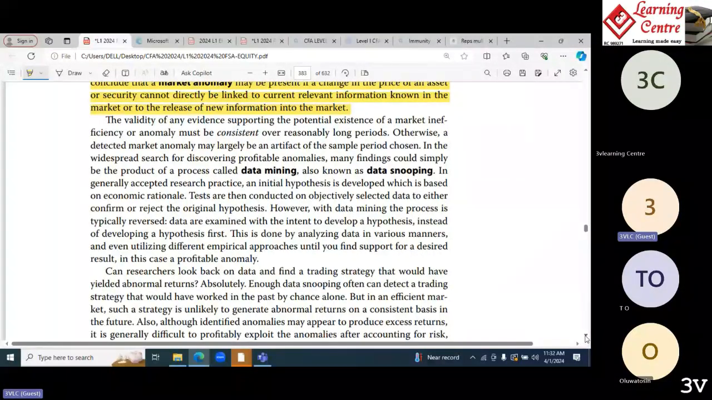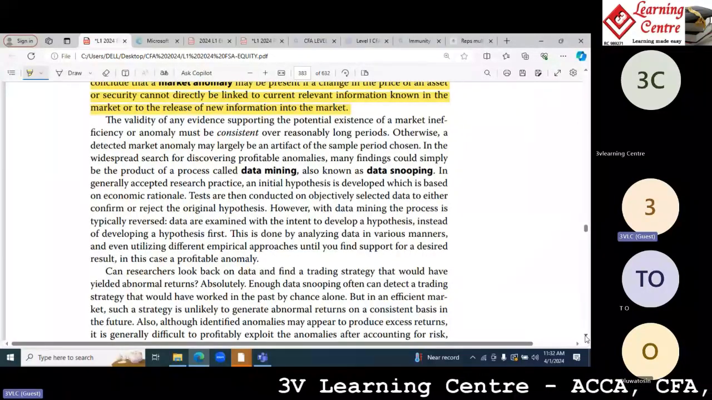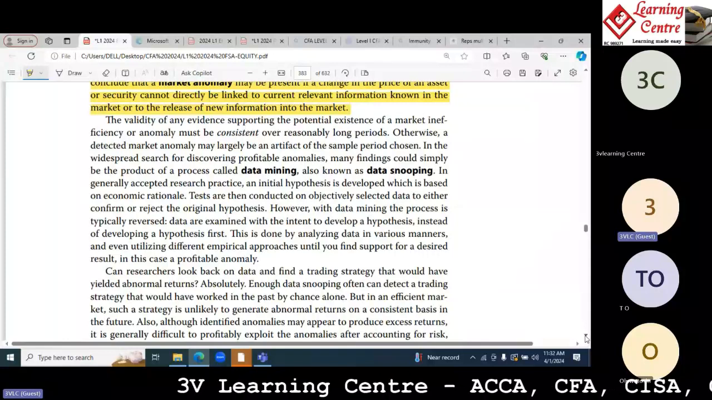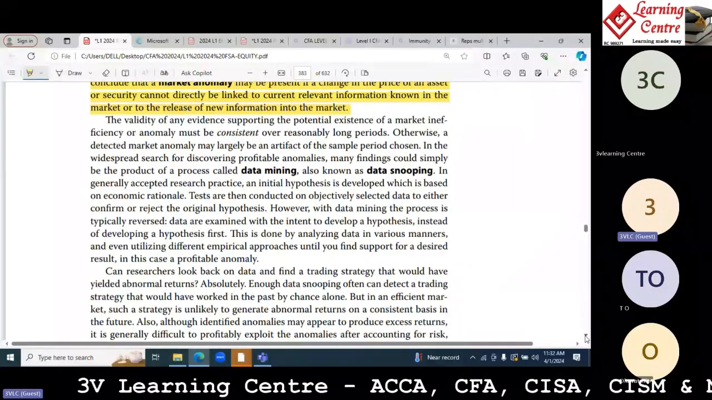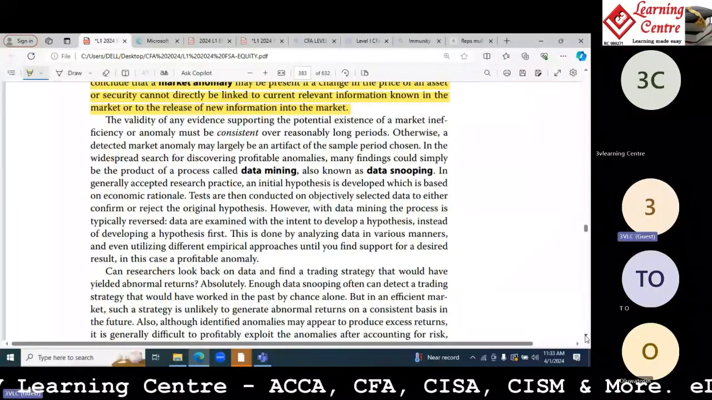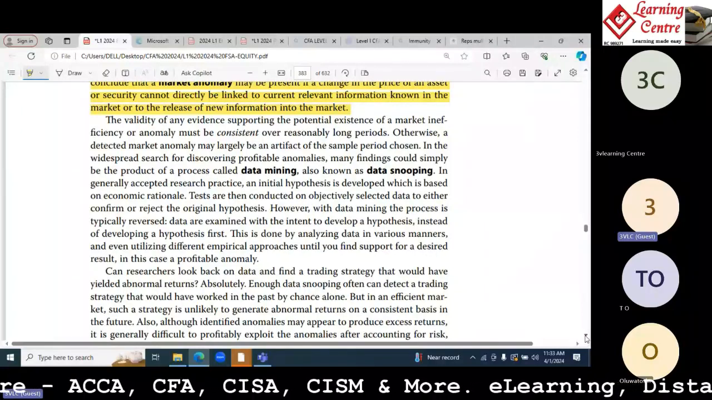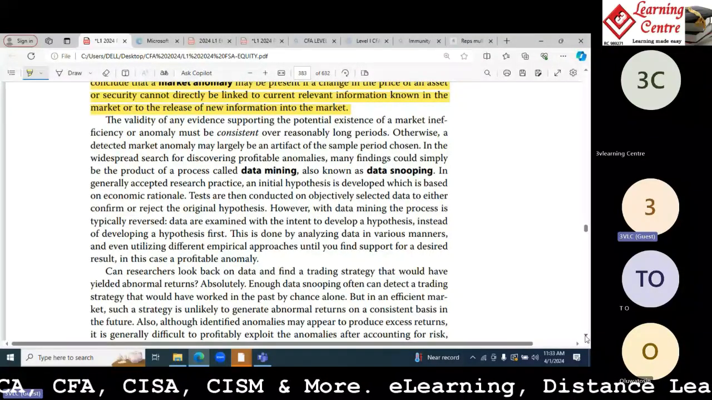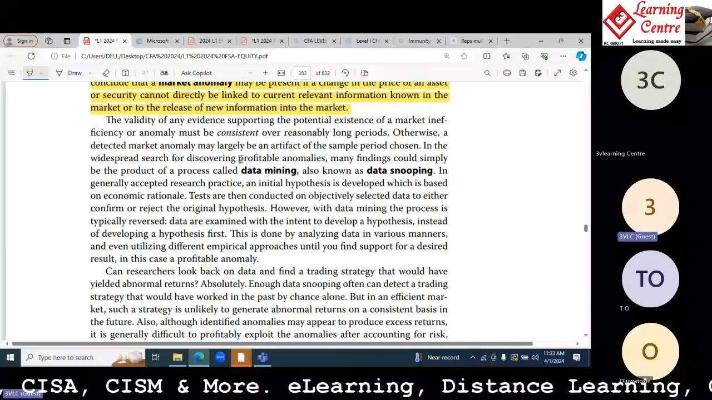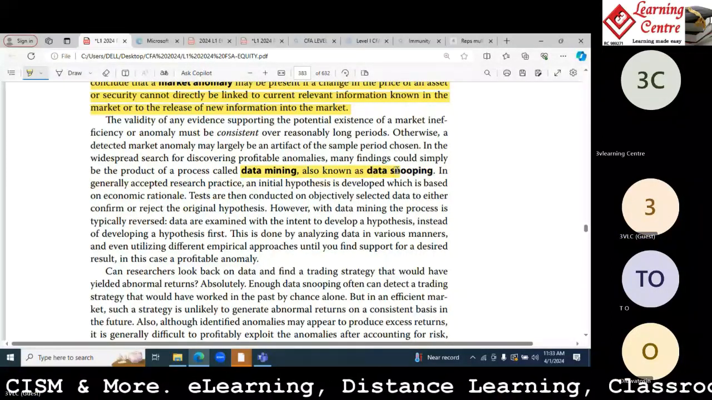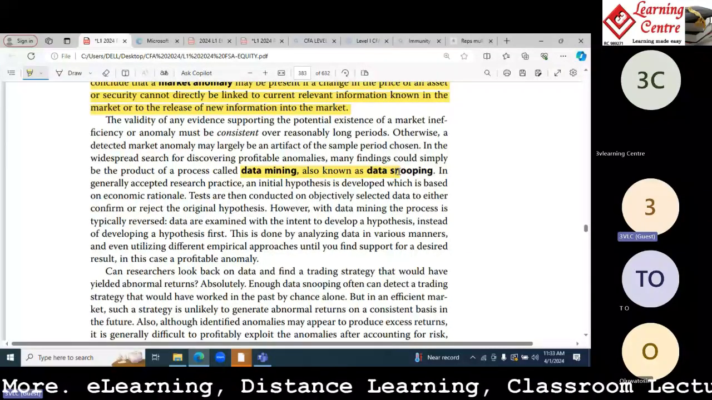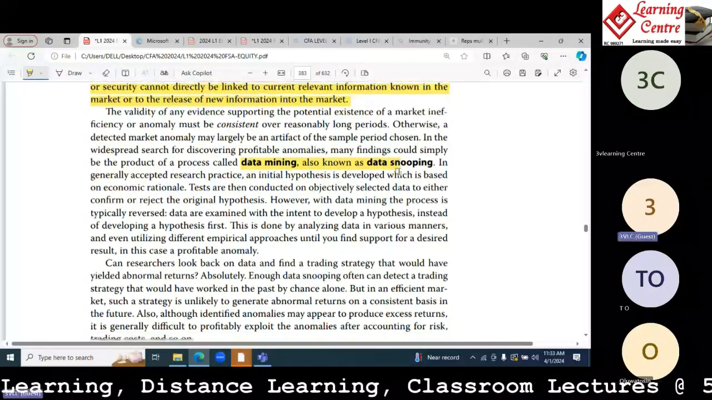So the validity of any evidence supporting the potential existence of a market inefficiency or anomaly must be consistent over reasonable long periods. Otherwise, a detected market anomaly may largely be an artifact of the sample period chosen. In the widespread search for discovering profitable anomalies, many findings would simply be the product of a process called data mining or data snooping. Yeah, so people are just playing around with data. Okay,